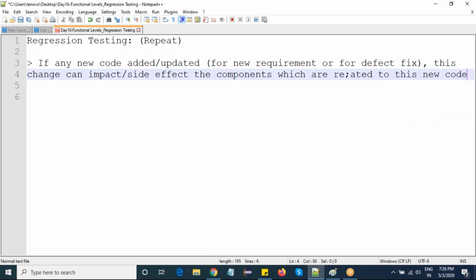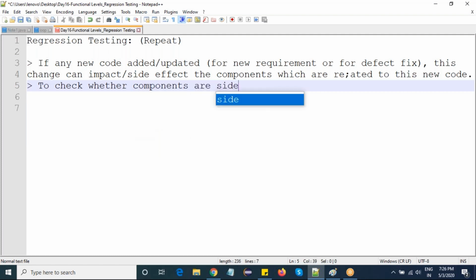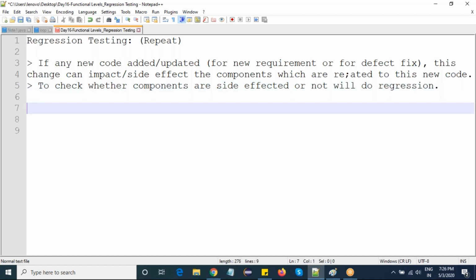So obviously, to check whether components are side affected or not, we will do regression.